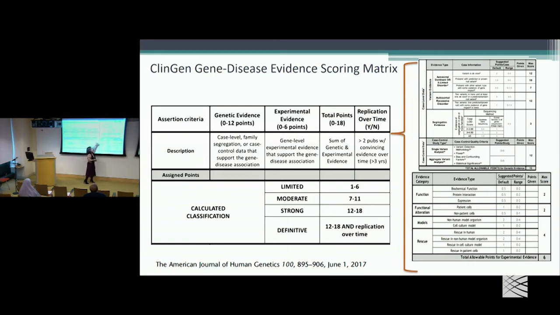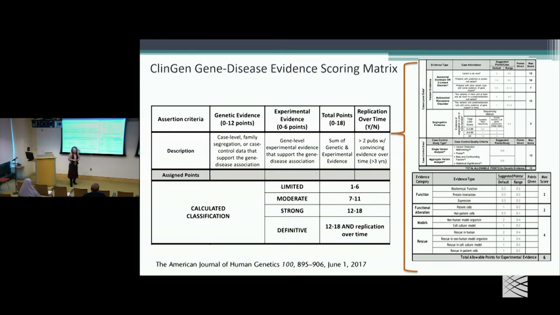There are two smaller figures, and we're going to go into these in depth so you can actually read them, that look at genetic level evidence and functional evidence. And you can now see what I mean by semi-quantitative. We're using scoring and points to sum up evidence, but there is an arbitrariness to this. Like, how much do you think one missense variant that PolyPhen says is damaging should count for? So a lot of this was iteratively developing the scoring, seeing how it came out, using experts who really understood those diseases and comparing, and then modifying over time. That's how we came up with the point scoring.